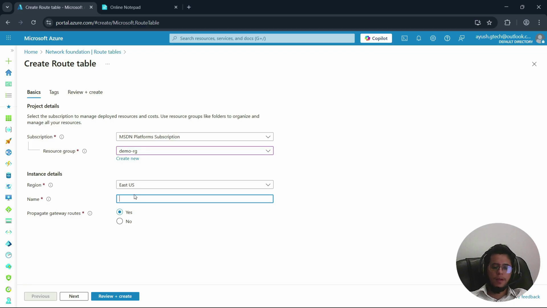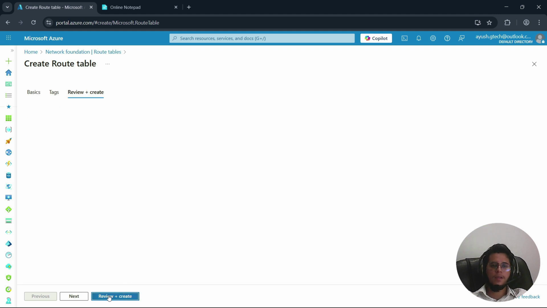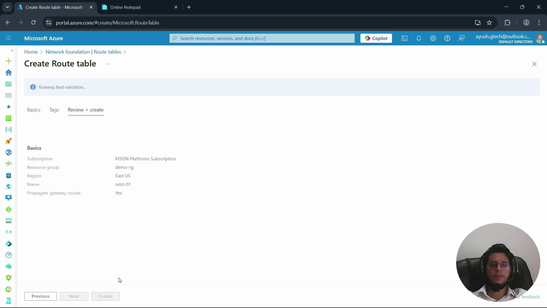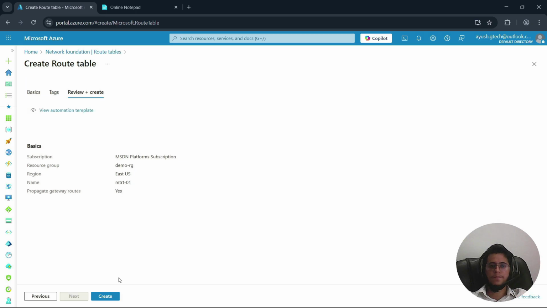For example, the name is myrt01. Then just click on review and create. It will validate the settings, and once the validation is done, I'm clicking the create button and this will quickly create one blank route table.